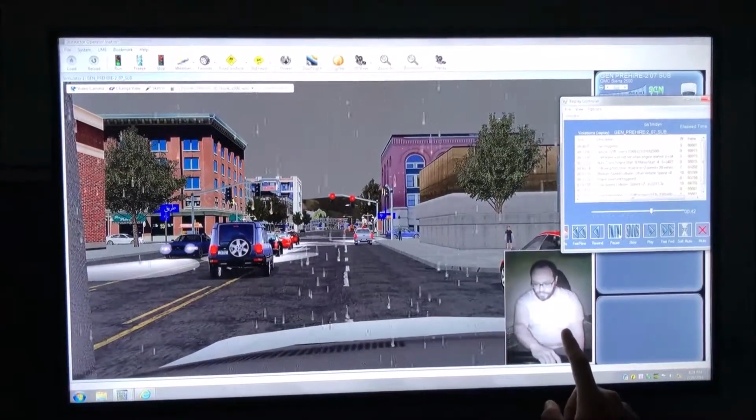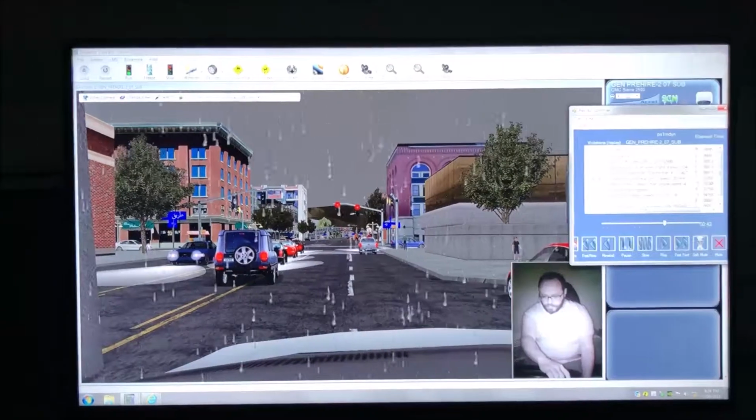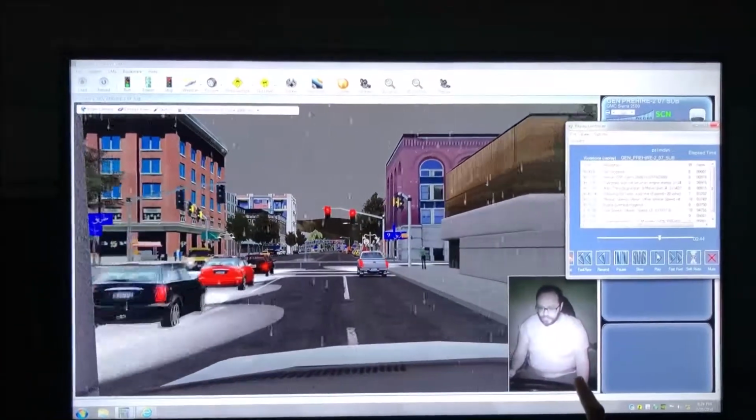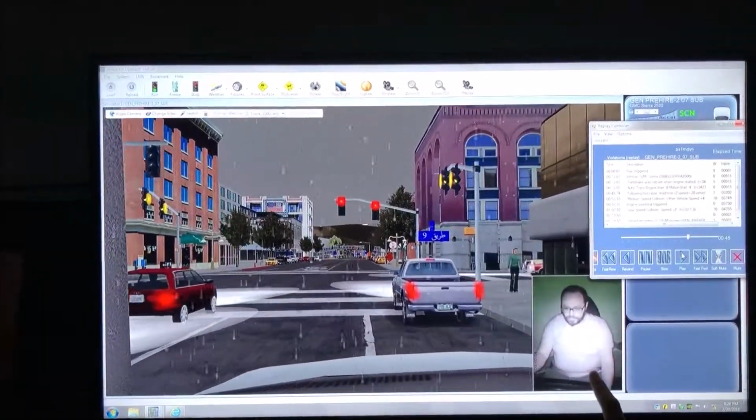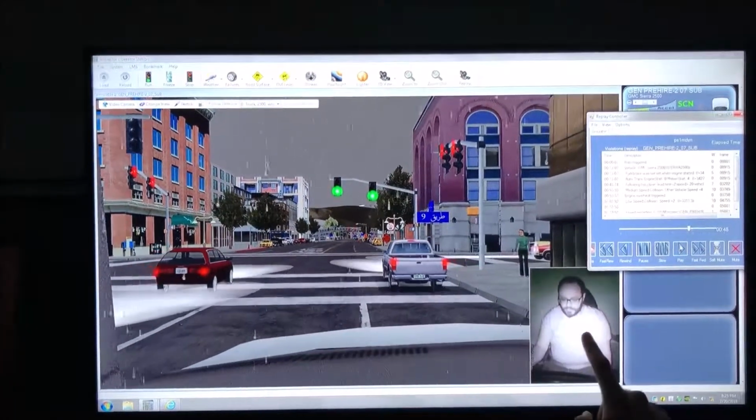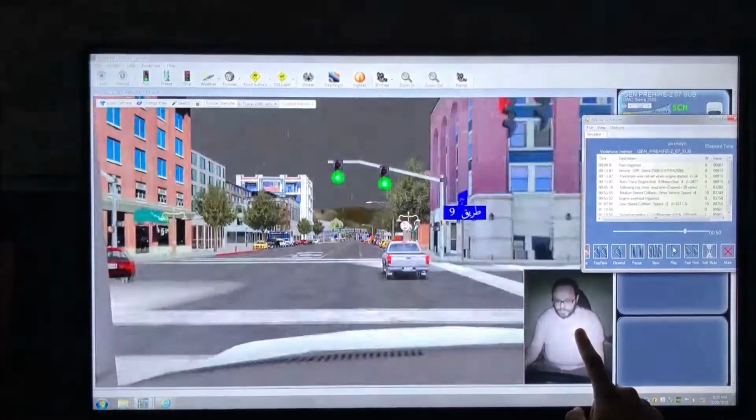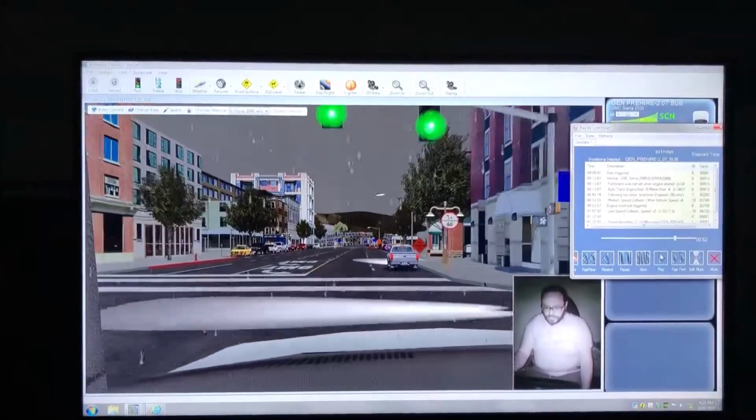Looking at the webcam that records the student eye movement, we can see at this intersection that although it's a green light, the student has failed to scan left, center, and right, causing him